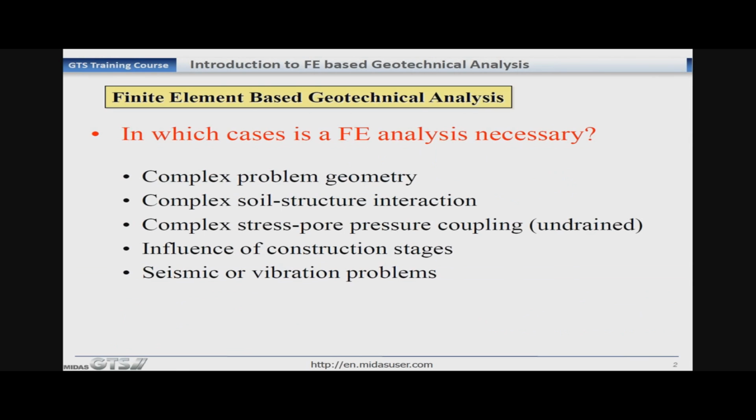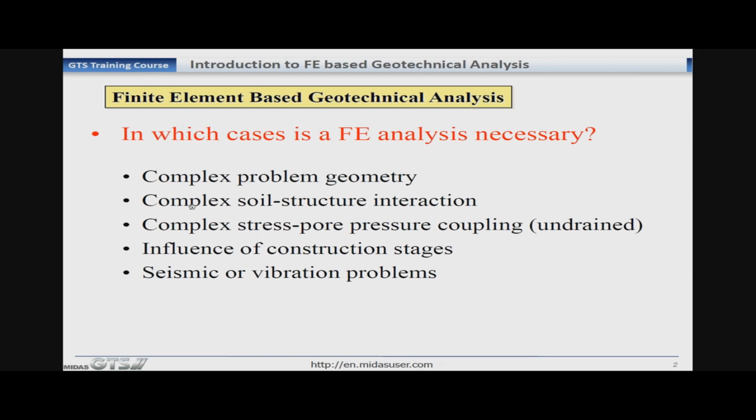So first of all, in which cases is a finite element analysis necessary? As we know, we can obtain the analysis results by hand calculations, by applying some approximations, or we can consider certain assumptions and then we can obtain certain results that we want for our structures. But why is finite element analysis important? First of all, if we have a very complex problem or very complex geometry, then it virtually becomes impossible to solve or to analyze it by hand, and we must need a finite element tool for such kind of a geometry or such kind of a problem.